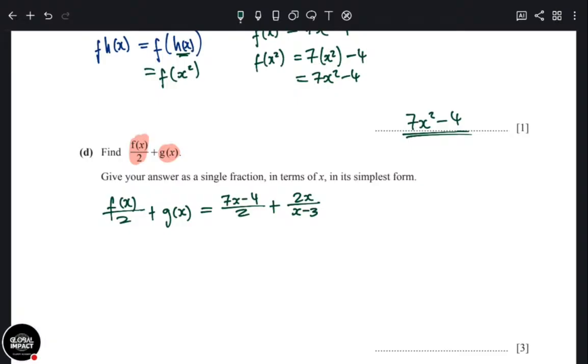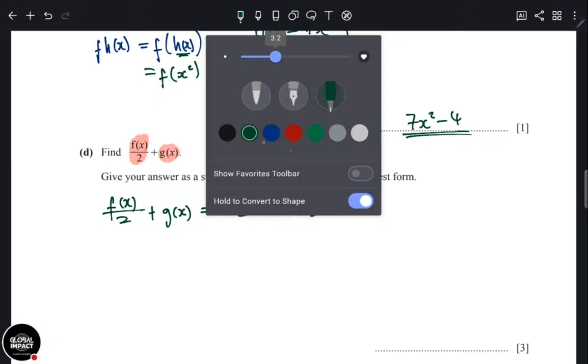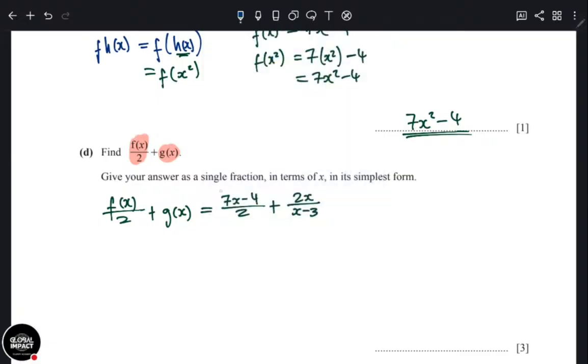Now we continue. There are different concepts that they are checking here. They are checking, do you know how to add fractions? When you add or subtract fractions, the rule is to make sure you have the same denominator. So we are going to have a common denominator. You can't add or subtract things that have different denominators. So how do you find the same?